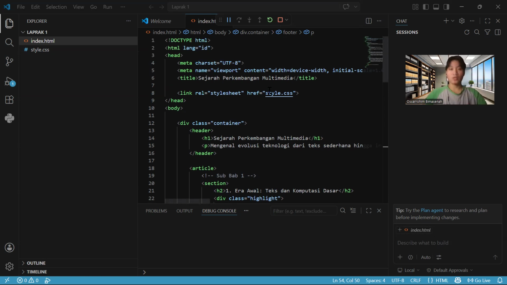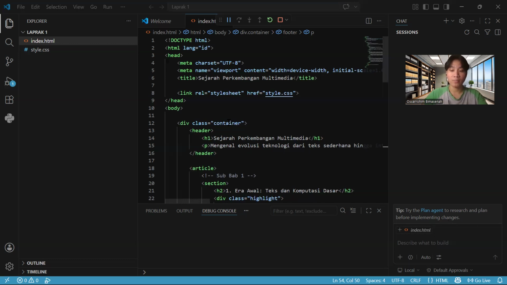Okay, first of all, let's highlight the head and header section of the index HTML. Let's start with the skeleton HTML. At the top, we have our metadata. Notice the viewport meta tag ensures our history page looks just as good on a smartphone as it does on desktop. The content is wrapped in a container div.